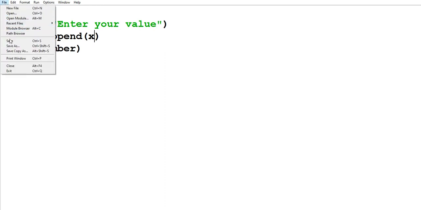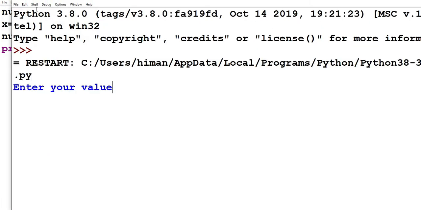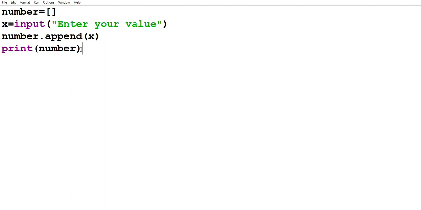Now save this program first and then run it. Click on run module. As you can see, it is asking to enter your value, right? Let's suppose we enter a value here and click enter. So as we can see, the value given by the user is stored in the list, right?